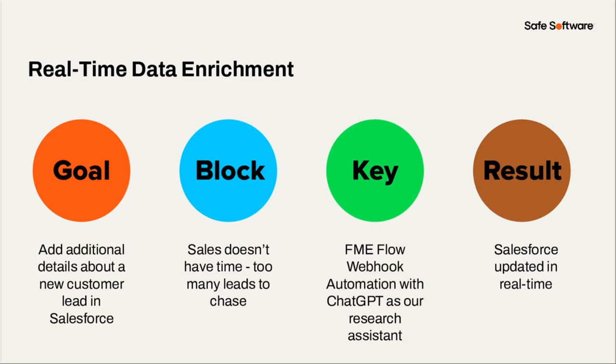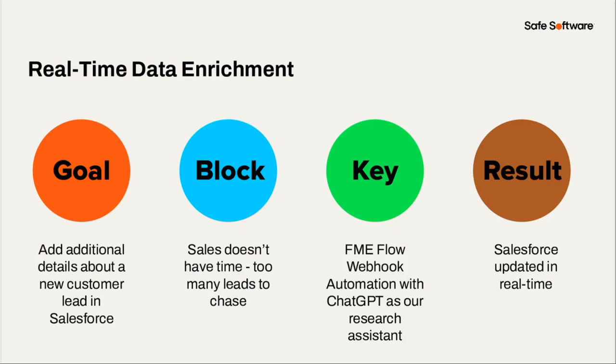So let's take a look at the scenario in this data enrichment example. In this case, by simply creating a basic Salesforce lead with only a first name, last name, and company name, that data can be input into OpenAI to gain additional insights into the new lead. And in this case, the company name from the Salesforce lead is used to answer questions like, what does the company do? What's the revenue? How many employees do they have?